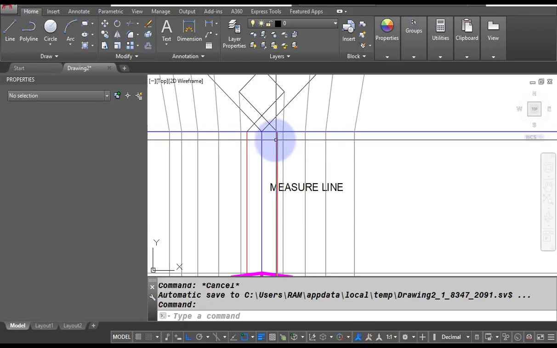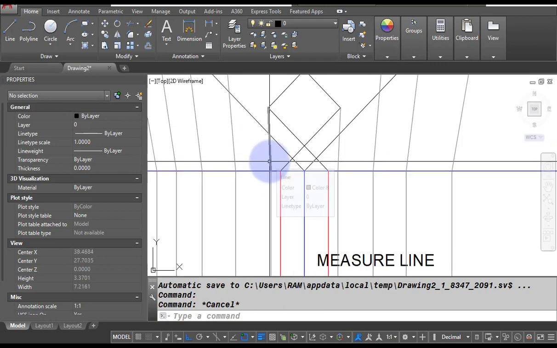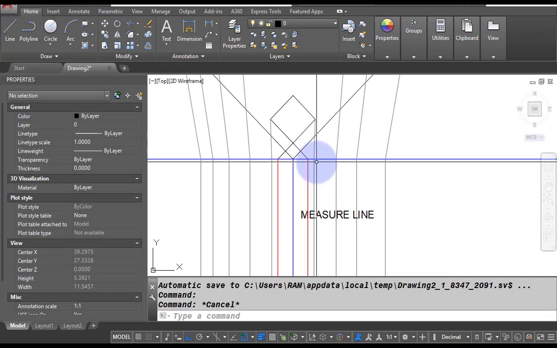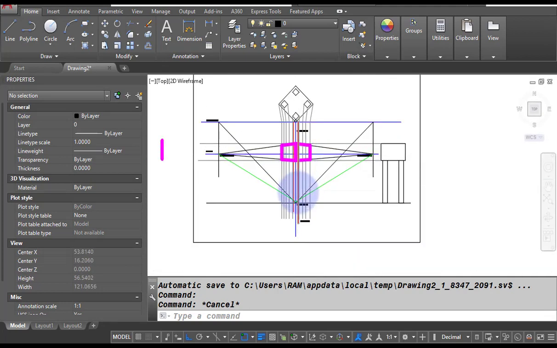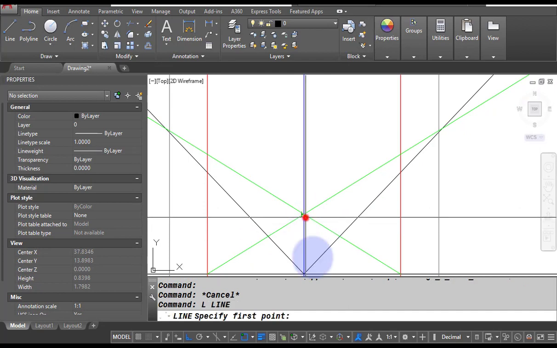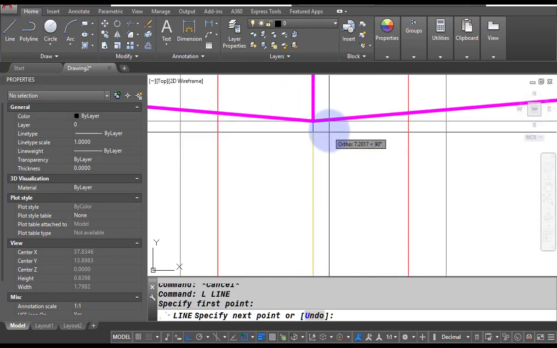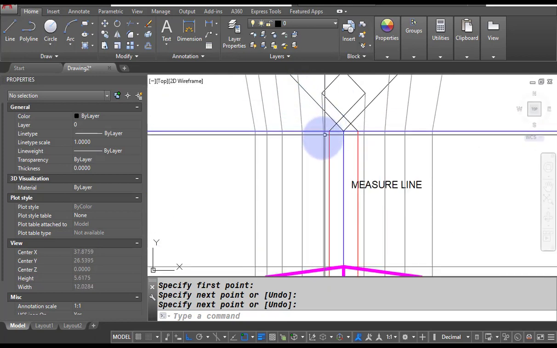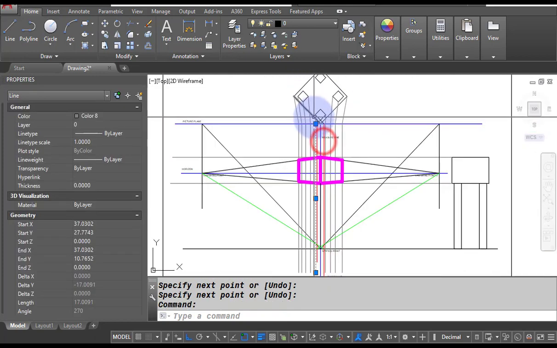So what we are going to do is take the corner of this column to the corner of this column, and this is our vertical line. We are going to draw the line from this point to the tank, and then this is our corner, right? This is our corner of the column.